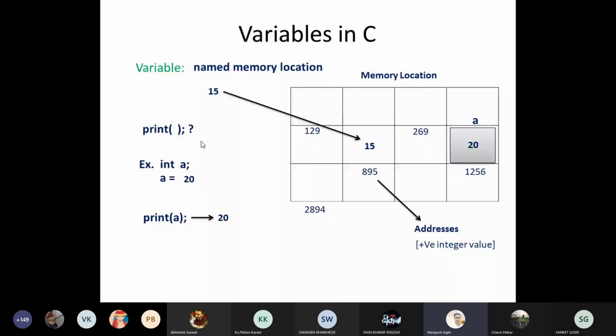Memory location further can be divided, meaning what? Not getting your question. Here only one value, 20, is stored, so can we store another value after it? Yeah, you can remove it, you can modify it. Variable can be changed. We will look at that in a bit more detail. Like here we have stored 20. So in future you want to remove 20 and store 30, you can store 30.